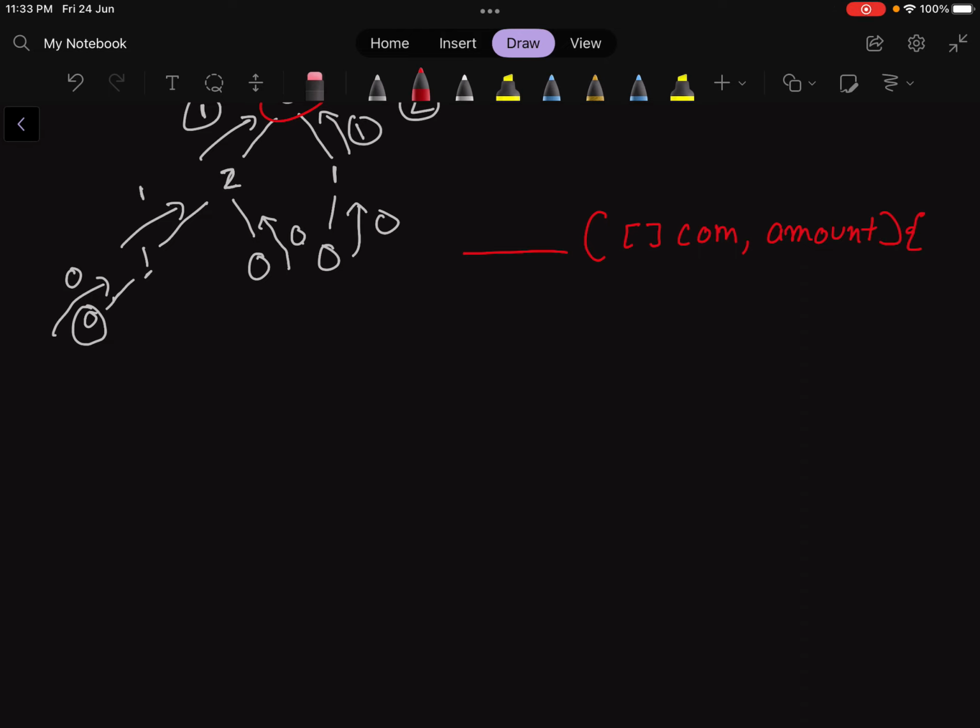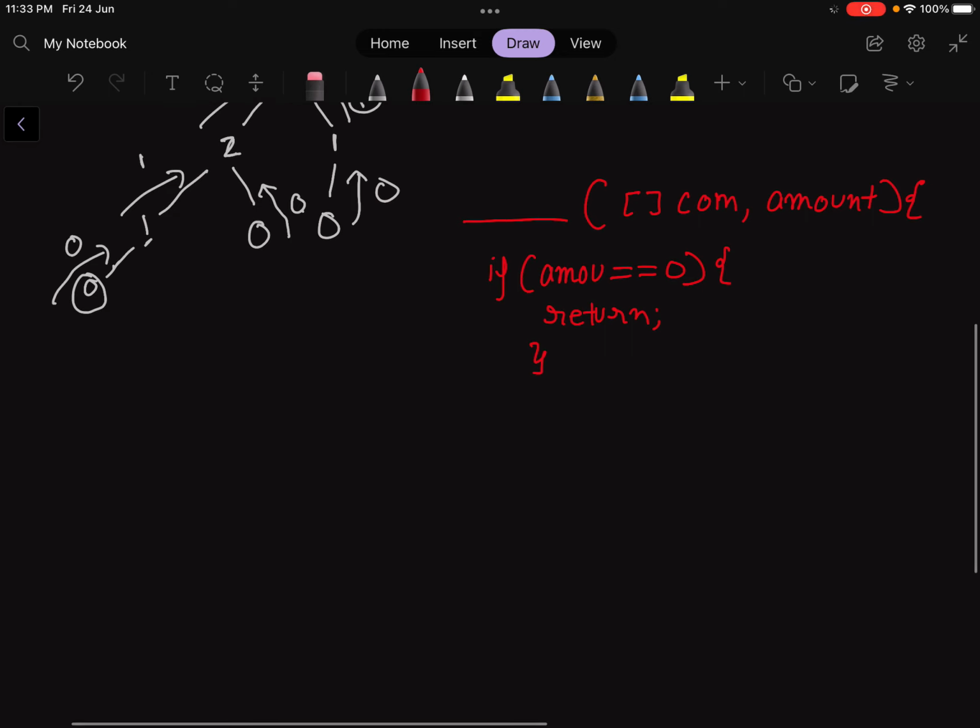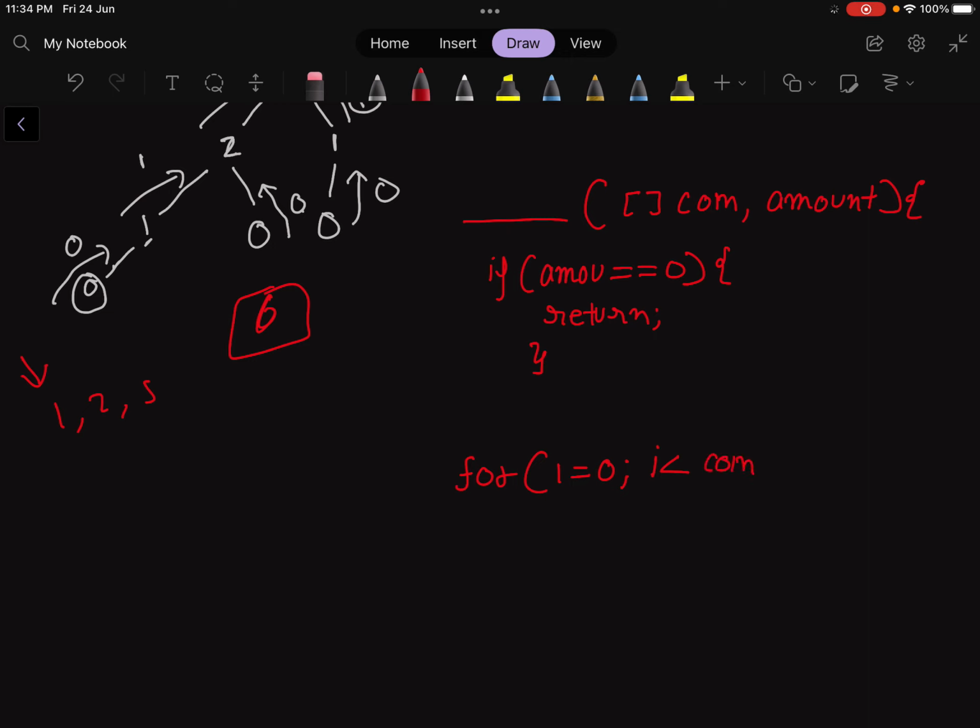So what will we do? Our base case will be, if our amount is equal to 0, we will directly return 0. Otherwise, we will run a for loop for i equal to 0. Suppose we have coins 1, 2, 5 and our amount is 6. So we will iterate our loop from here until the coin length, with i plus plus,